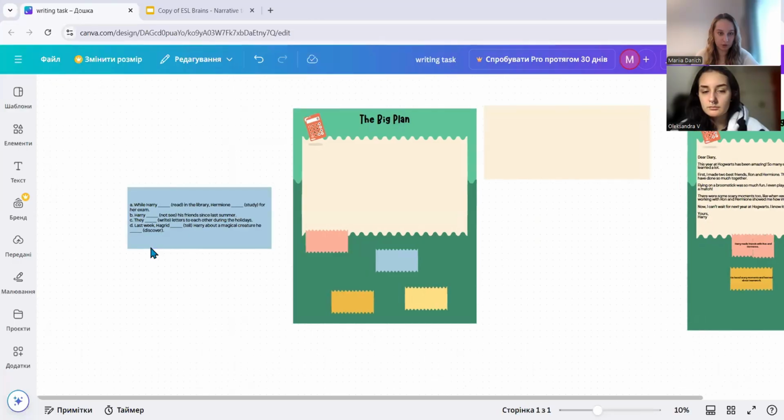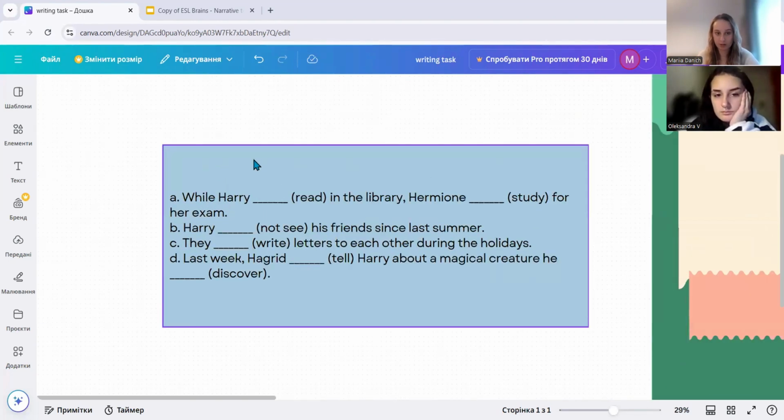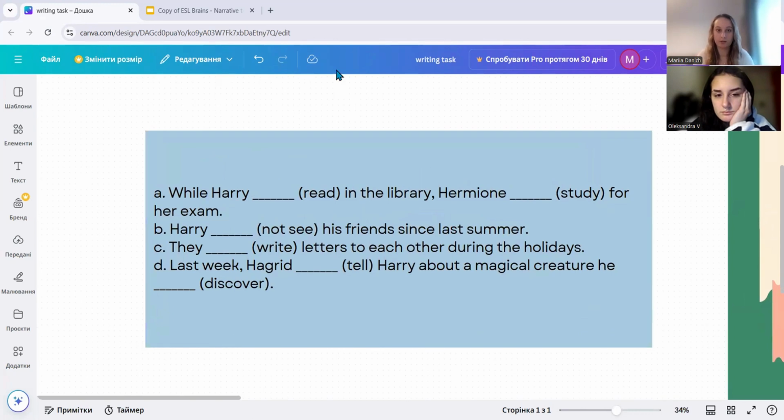Okay, so right now, before writing the letter itself, I will tell you a bit later about the instructions for the letter. First, let's do a small task to review those tenses, just to remember them. Here you can see 4 sentences about the book we have already discussed. I would like you to open the brackets in the correct form of those grammar tenses we have just discussed, like past continuous and present perfect.